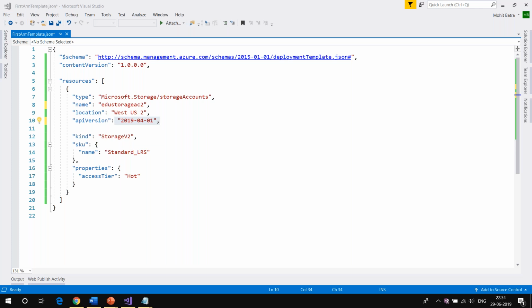All right. And Sohail is asking if there is any space and line gap rule for the JSON. No, Sohail, there is no line gap. There is nothing. You can just go ahead and put it anywhere you want. There is no restriction as such. Okay. But it has to be a valid JSON. There is nothing about where you put any spaces or line gaps. There is no restriction.